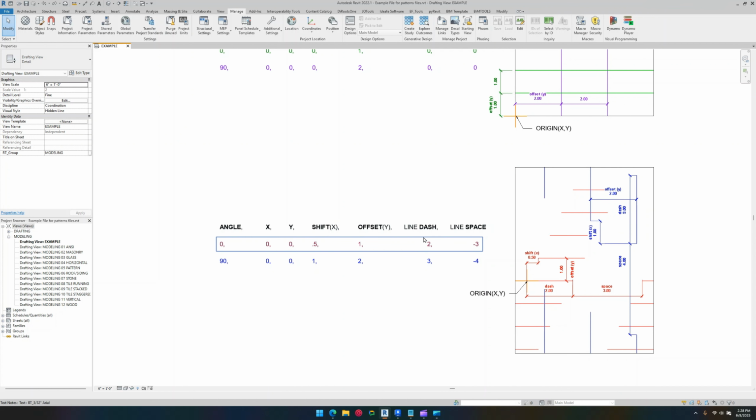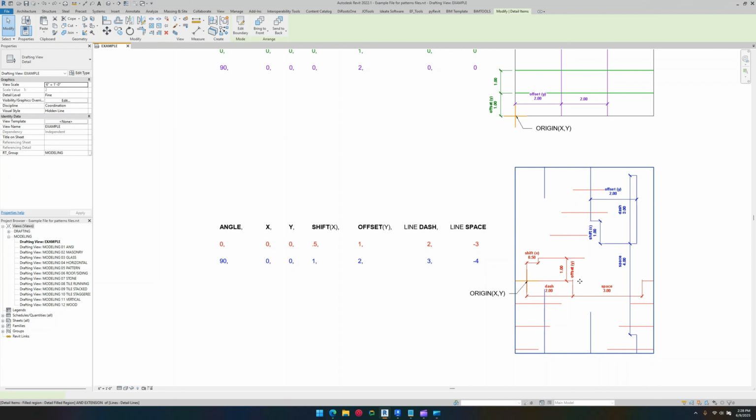And we're also adding a line length, and we're also adding a spacing. So we can see that our dashes are a 2-inch length, and then we have a spacing that is a 3-inch length. So this means that we're repeating the pattern in this direction, but we're also shifting the pattern over. If we're going to shift the pattern over to repeat in a horizontal direction, we're shifting the pattern over 3 inches. So basically, the offset is a vertical or a perpendicular offset, and then the spacing is a parallel